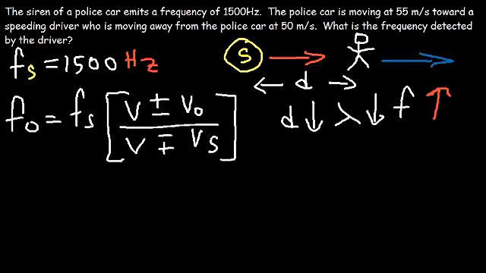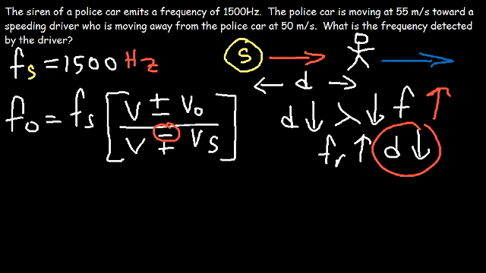If we want the whole value of the fraction to increase, then the denominator must decrease, which means that we need to use the positive sign on the bottom, because the source, actually not the positive sign, that will increase the denominator. We want to use the negative sign in order to decrease the denominator. So anytime the source moves towards the observer, use the negative sign on the bottom.